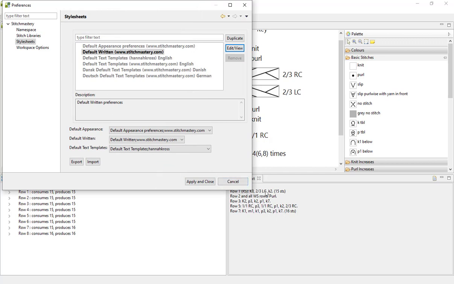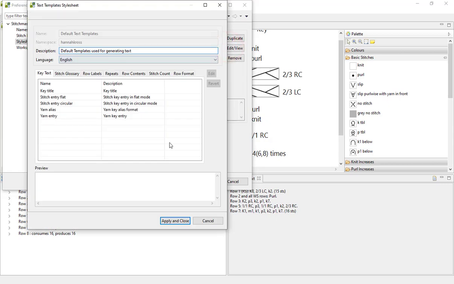And you also have the option to change exactly how the stitch count is denoted. So for instance here we've got brackets 16 STS abbreviation. But if we come into the text templates style sheet, so I have got my own version, although it is called default. We click on Edit or View and we come to stitch count.